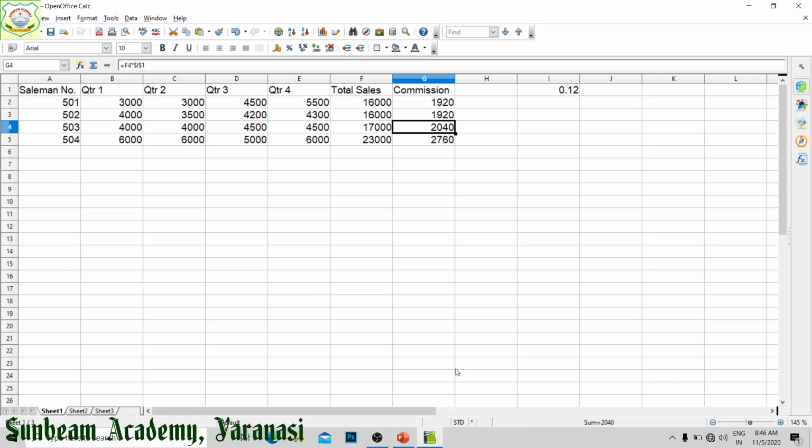We will find out the commission rates for different quarters. For those different quarters we are going to find out their commission, right? So I am going to write commission rates here.